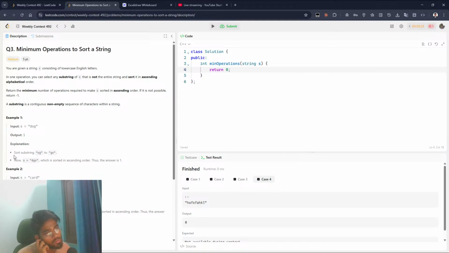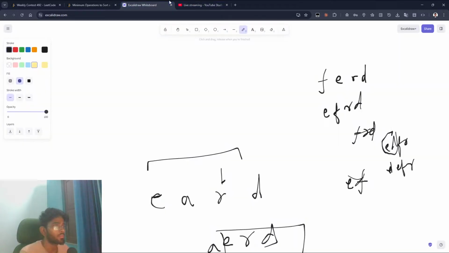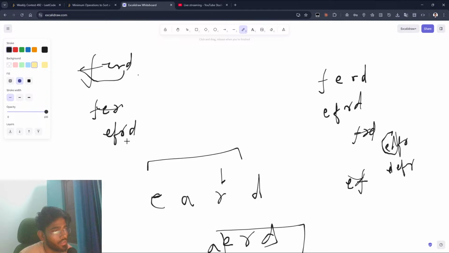मैं बोल रहा हूँ मैं इतना तो सॉर्ट कर दूंगा, नो मैटर व्हाट। मेरे पास कोई भी नंबर है, लेट्स से सी, यही ले लो, FERD। मैं बोलूँ मैं यहाँ तक सॉर्ट कर दूंगा, FER, so it would become EFRD, and then मुझे पता है यहाँ तक ये सॉर्टेड है, ठीक है। अब मेरे को बस देखना है कि यहाँ तक सॉर्ट करके इफ डी इज लाइक ग्रेटर देन ये, ठीक है।